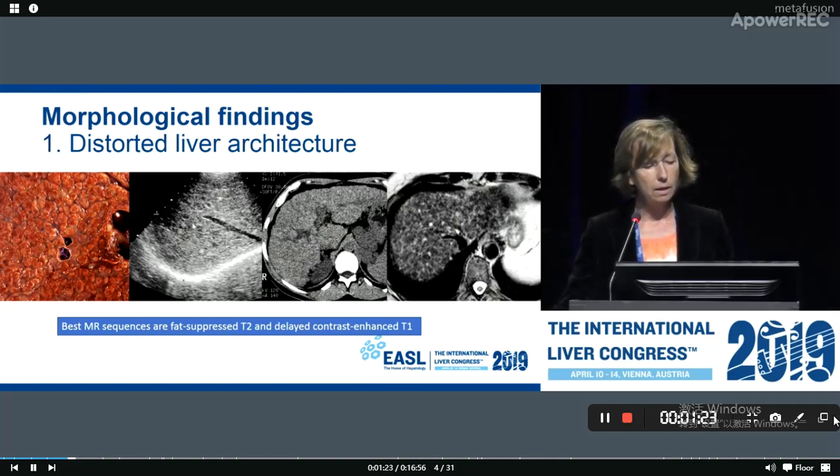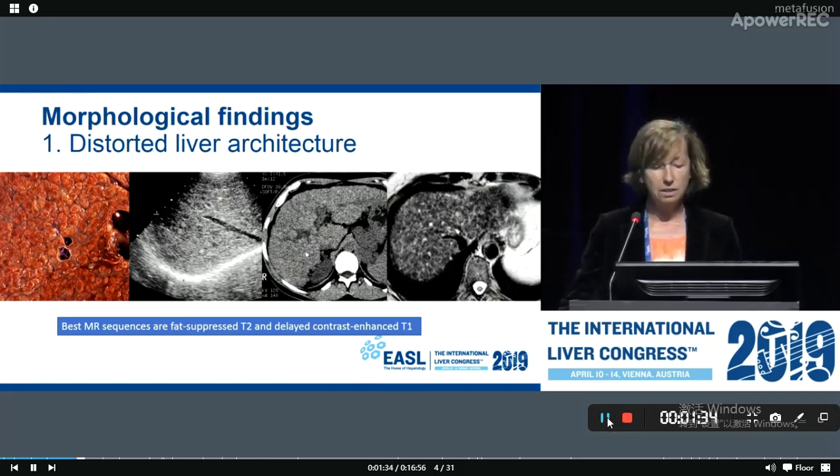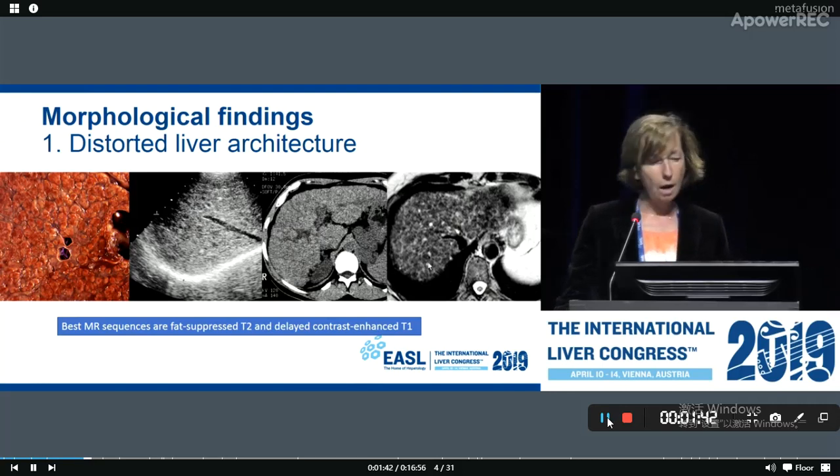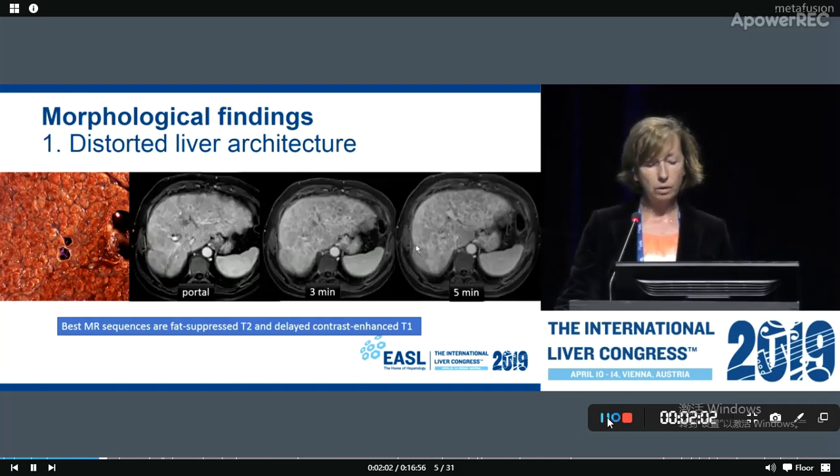Let's start with the ultrasound showing the small regenerative nodules that appear hypoechoic, surrounded by fibrous band. But it may also be depicted on CT imaging, either non-contrast or contrast enhanced. But by far, the best imaging modality to show the distorted liver architecture is MRI imaging, with the two best sequences. The first one is a fat suppressed T2. Here, the regenerative nodules appear hypointense and surrounded by the hyperintense bands, completed with the dynamic